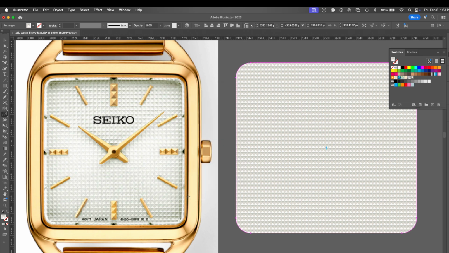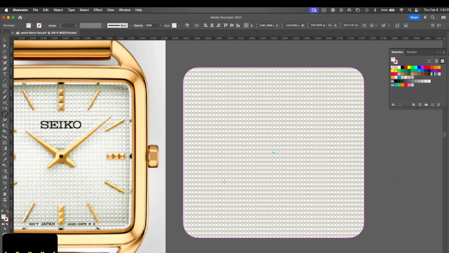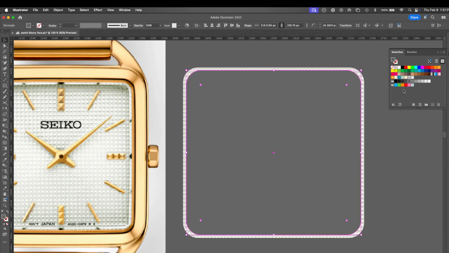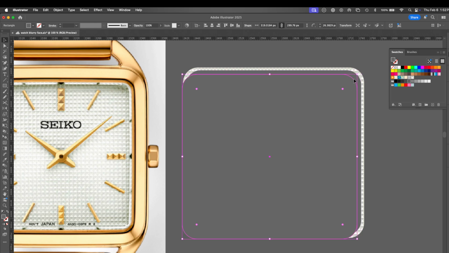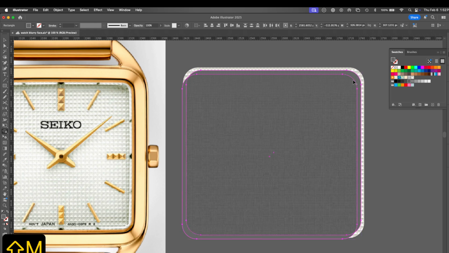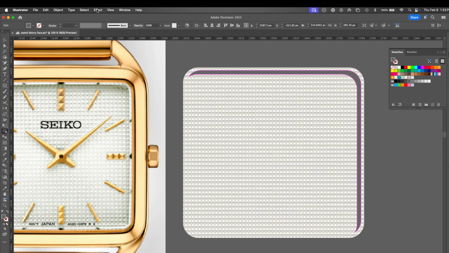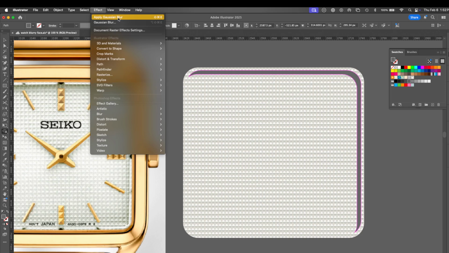And then at this point, you're just going to look and you're just going to see that we've got a little bit of a shadow here along this upper edge, right? There's a bunch of different ways that we can do that, but I'm just going to do the simplest way, and I'm going to go copy, paste in front, and let's come inside like that. And then I'm just going to make this kind of a medium gray, and then I'm going to cut it out of itself by Alt click and drag, and then grab this shape builder tool, Shift M, and then I'm just going to go to Effect, Blur, Gaussian Blur,